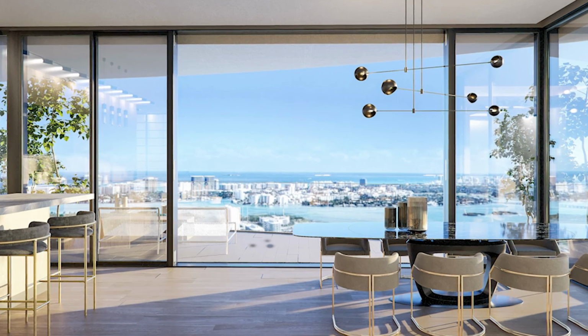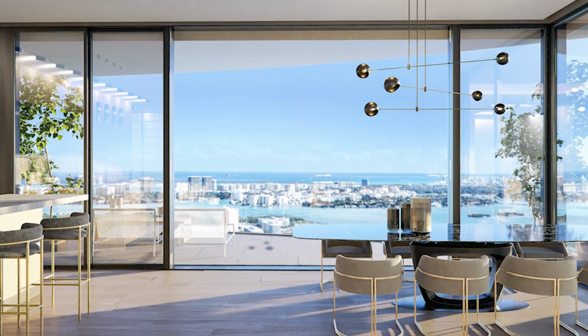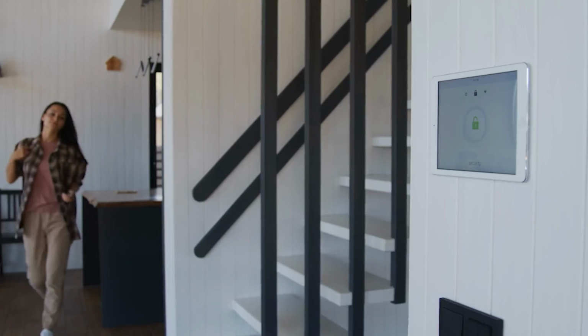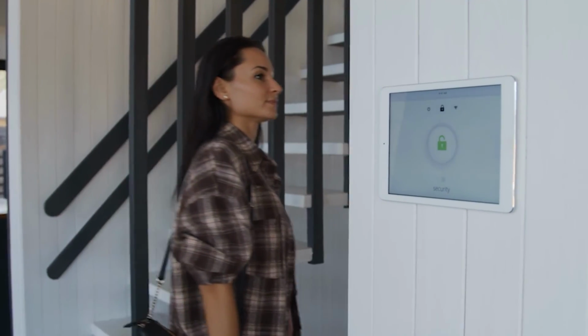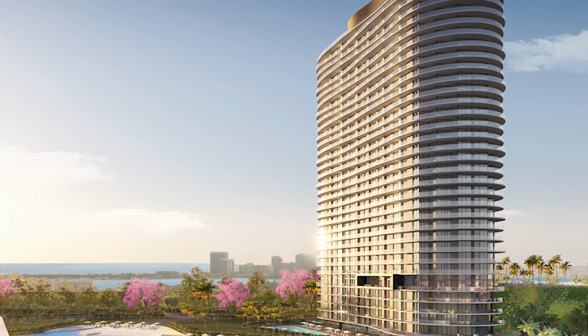As we look at these additional renderings, you'll see oversized private wraparound terraces with seamless glass railings, solid core doors, large his and hers closets, sound insulated walls, and smart home technology that will get you ready to completely enjoy your new home. Let's talk about the building design, but first, let's talk about the developer and the creator of